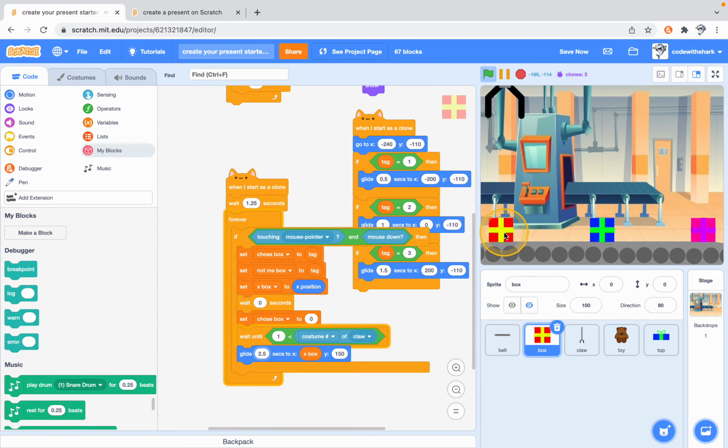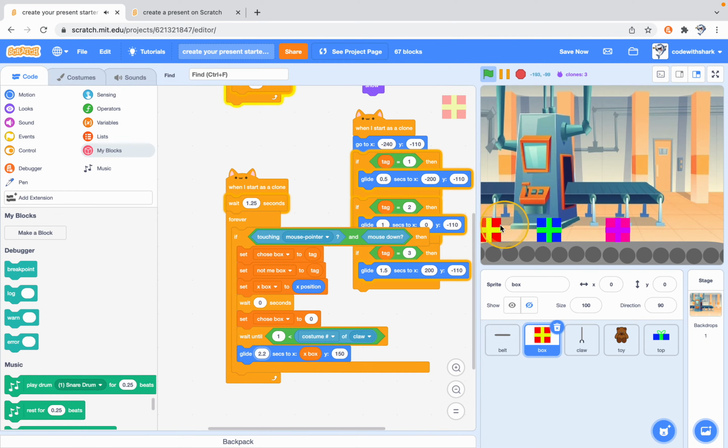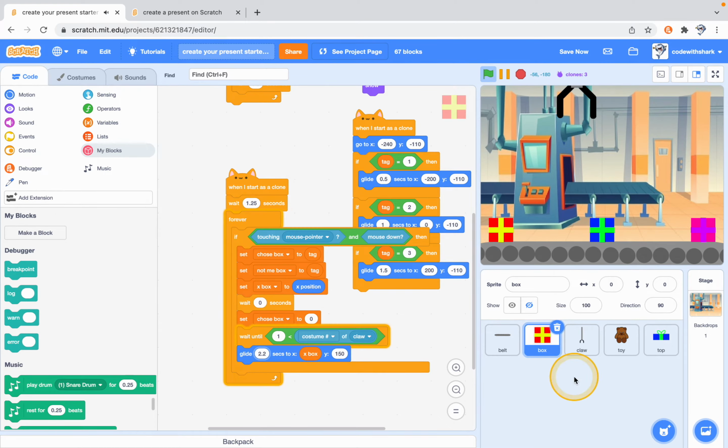As you see when we click it, it collects it, and it's still a bit too slow, so maybe make it like 2.2. And if we click on it right now, it should get it. And as you see, even though the claw moves, it drops it, but the present doesn't